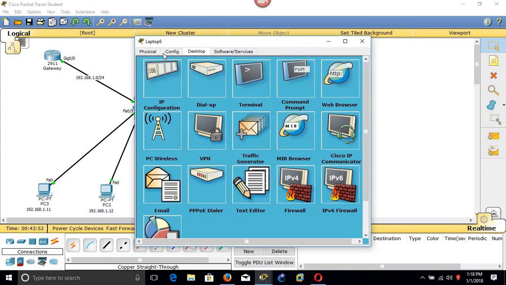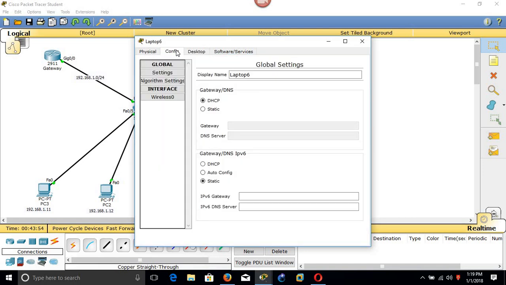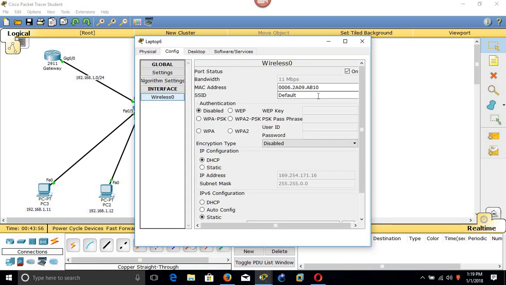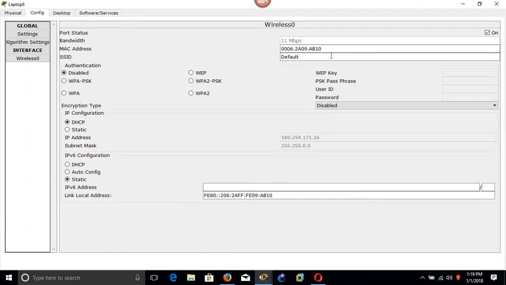Come here and then go to Config, then go to Wireless. Here you have to configure those credentials we've set in our router. Okay, the username is RedFox. For the password, we have used WPA2-PSK, then the password we use is 1 2 3 4 5 6 7 8 9 0.